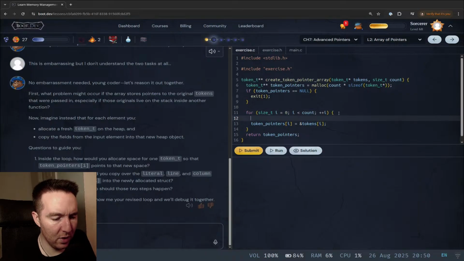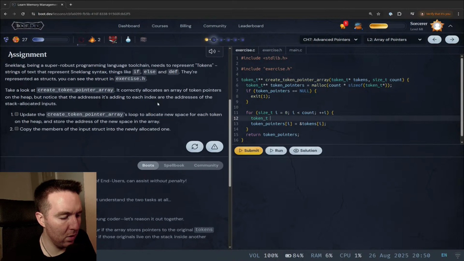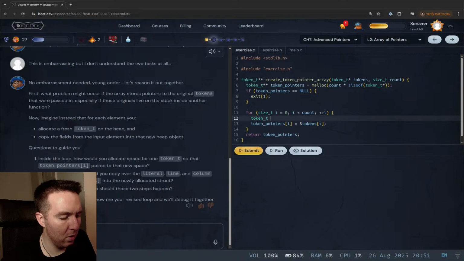So I guess token_t, new, I just call it new_space or something like that, equals